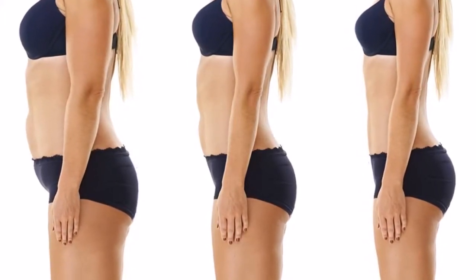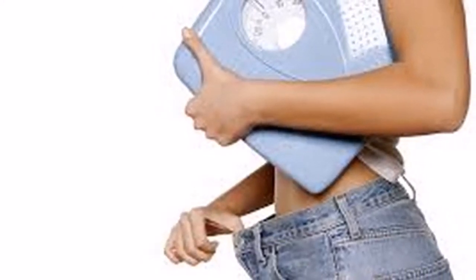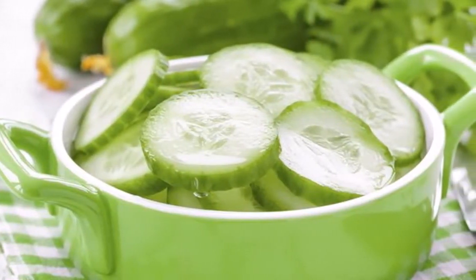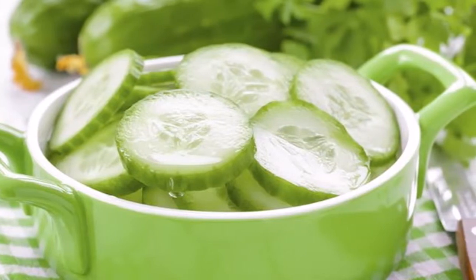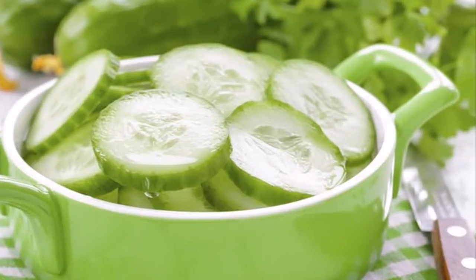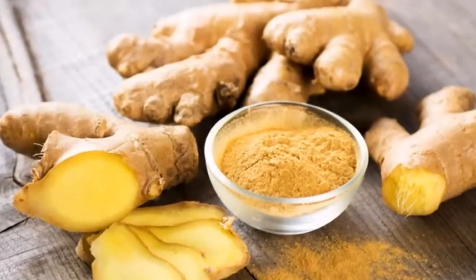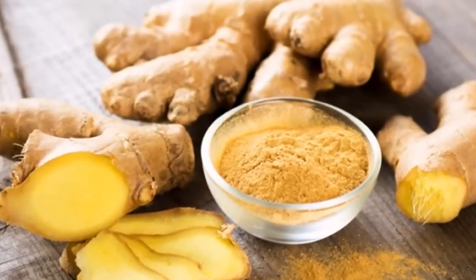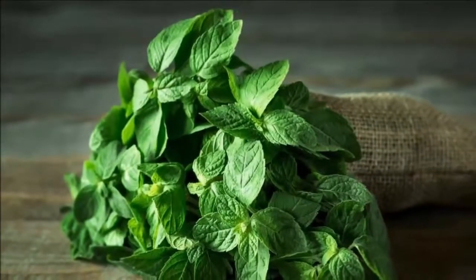Preparation and use. To begin, we must get a large pitcher where all the water fits. Then we will pour all the ingredients in the jar and mix them very well. Then we will take the drink to the refrigerator and let it rest all night. The next day, we extract the mint leaves, cucumber and lemon slices, and the other ingredients. Of this substance we must consume 1 glass